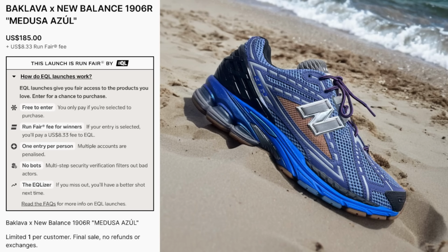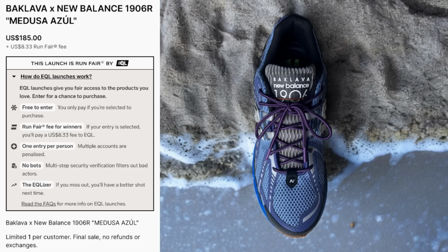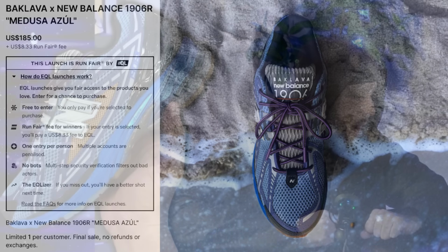As far as the launch, EQL gives you fair access to products you love. Enter for a chance to purchase. So you only pay if you're selected to purchase. If your entry is selected, you will pay the $8.33 fee to EQL. One entry per person, which is great because multiple accounts are penalized. No bots. They actually do a multi-step security verification filter, which basically gets rid of all the botters and everything like that, apparently. And then the EQalizer, which they claim if you miss out, you'll have a better shot next